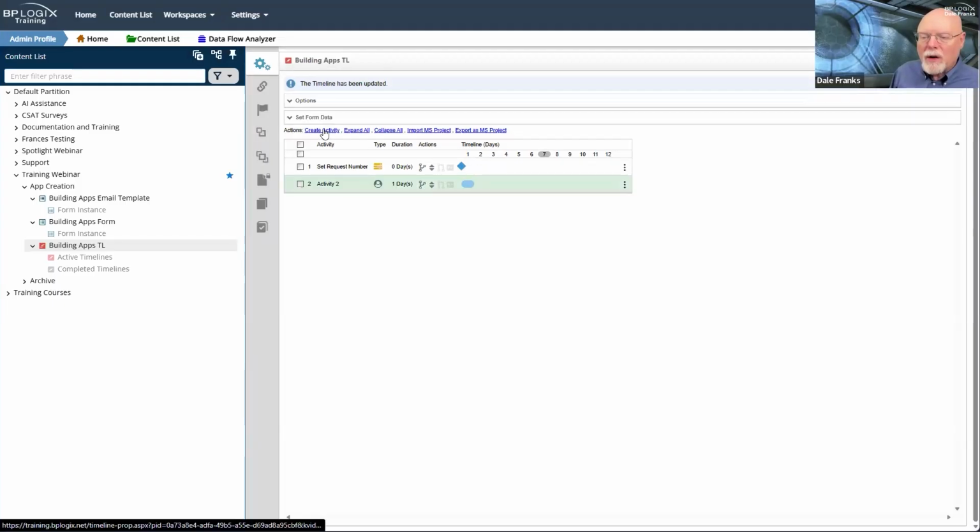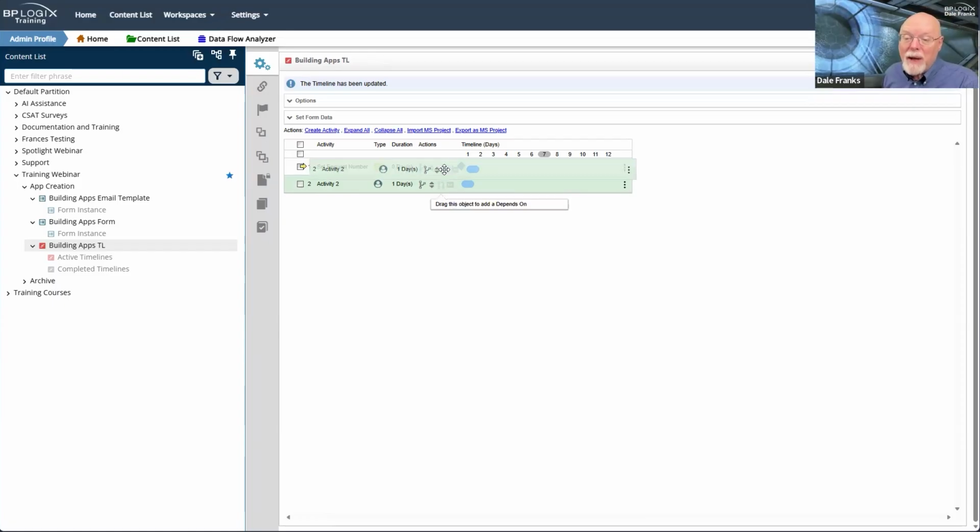So we're going to go ahead and create activity 2. We're going to make this a parent activity. Now, the first thing we are going to do, of course, is make this object dependent on our set request number activity. That way our set request number activity will happen first, and then activity 2 will happen second.